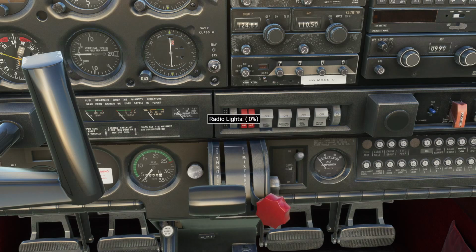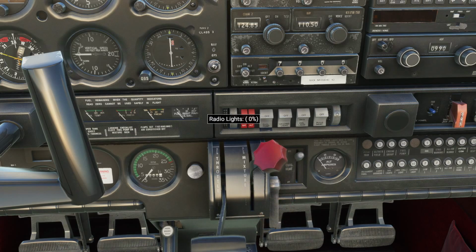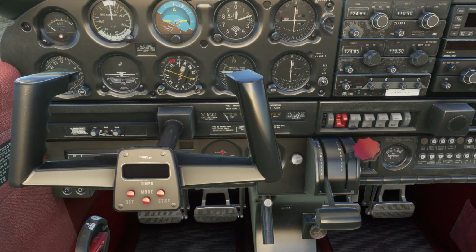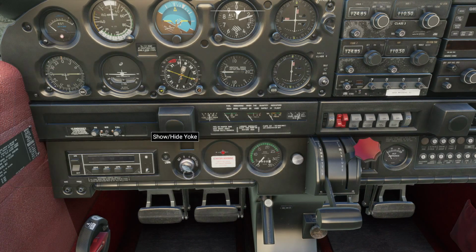Honestly, the throttle and mixture, that's not just the port. They haven't pasted that in, because I've got plenty of hours now in the turbo variant, and that's different. Put the battery on here. Oh, gorgeous. And of course, because it's Just Flight, they will have modelled engine failures, I'm sure, and they would